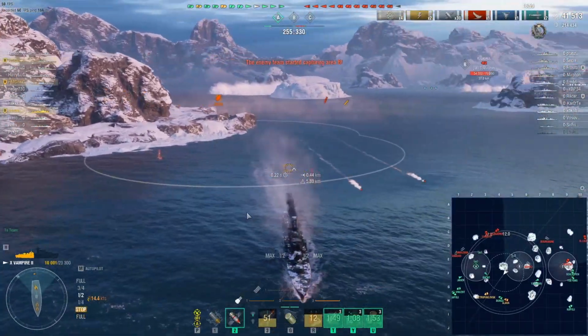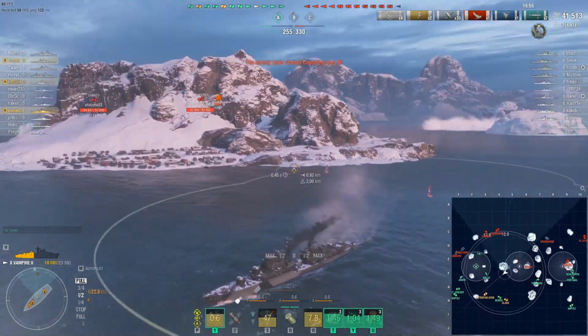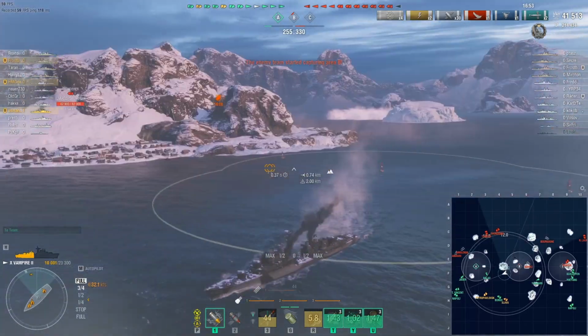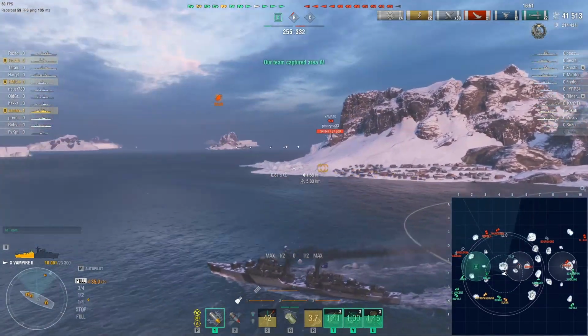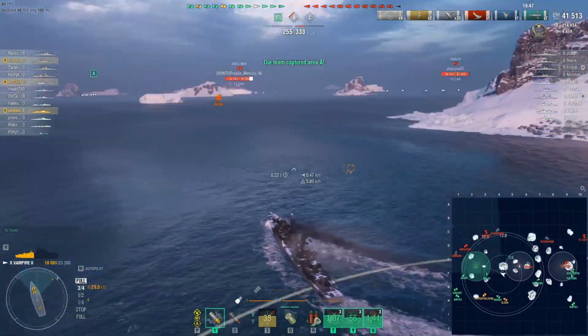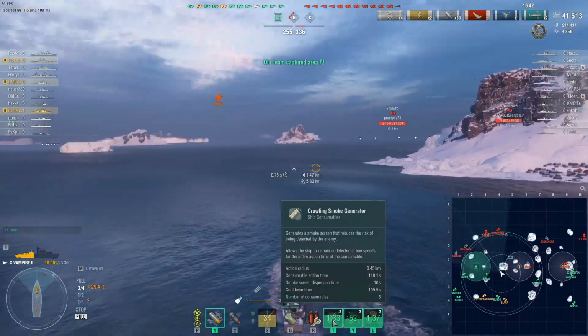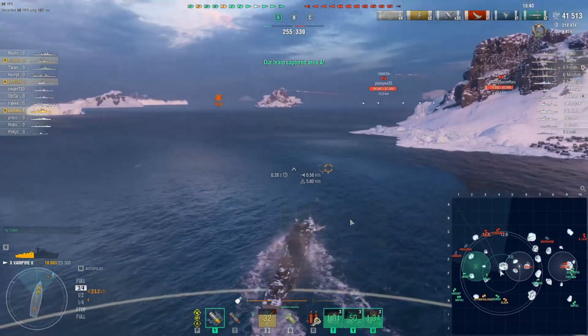Now the start was pretty wonky. I traded off their DD, which is Unicum, and that is pretty nice. The Napoli, I have done some good damage on him, and I'm kinda stable right now with only 10,000 HP left. But still, as you can see, I have this crawling smoke generator, or crawling smokes, which basically means that